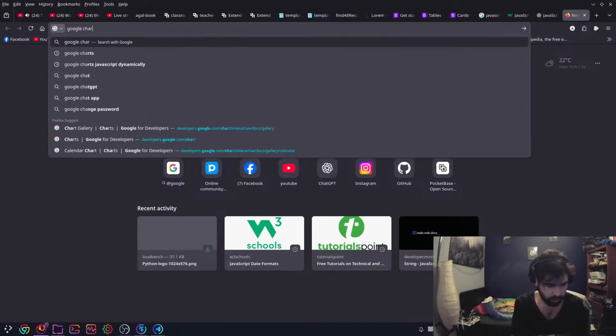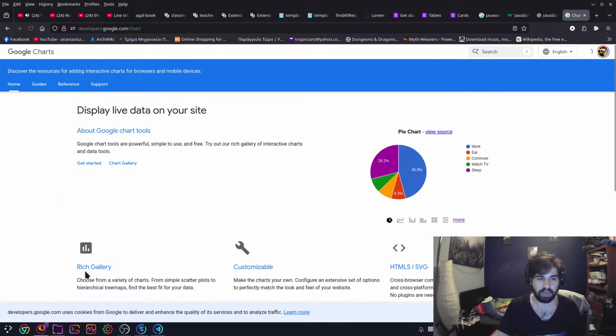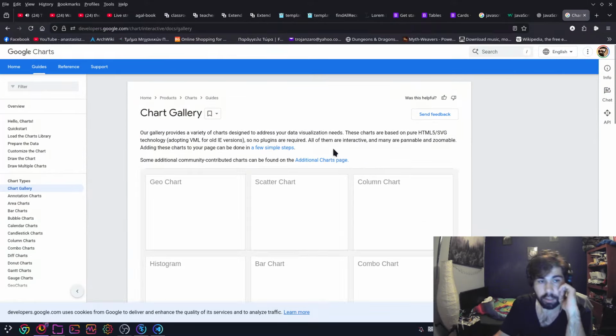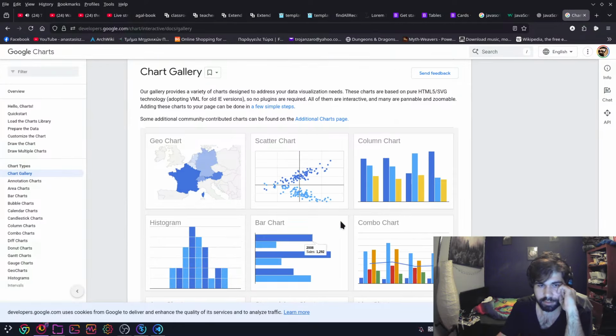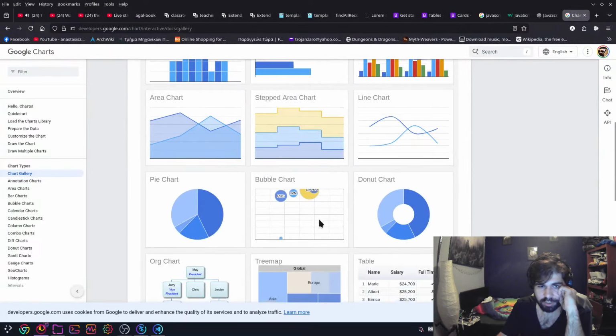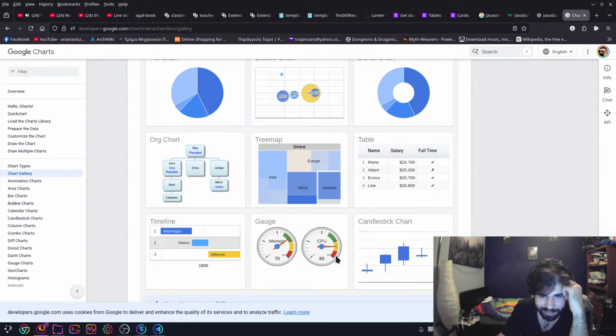So, Google Charts. If you guys wanted to use charts in HTML, JavaScript, stuff like that, these guys have really good stuff. I know Google has a habit of not holding on to stuff, but look at these. They even have animations and stuff. It's beautiful. You can even have tables.